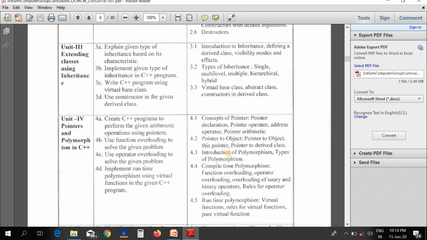Consider the example where three different classes such as circle, rectangle and triangle are derived from the base class as figure. Means one base class is the figure and there are three different classes as circle, rectangle and triangle. And the function draw of the base class is implemented in different ways in all its derived classes, and a call to a particular function is determined at runtime. This is called as polymorphism.